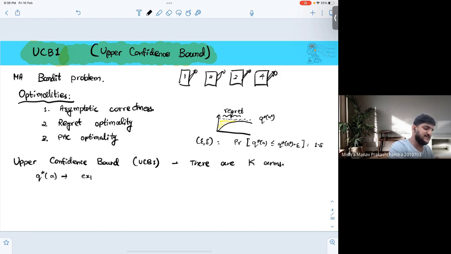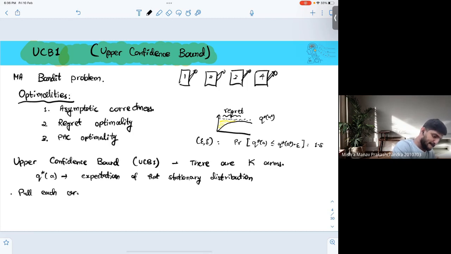So this Q star of A is basically the expectation of that stationary distribution. Okay, the way you do it is you pull each arm once in the beginning. So if there are k arms, you pull each arm one time, and then after